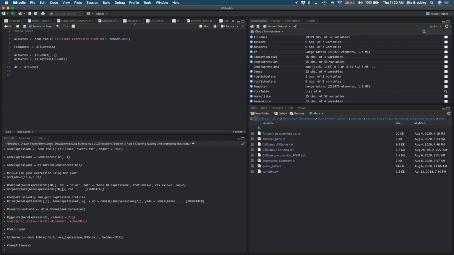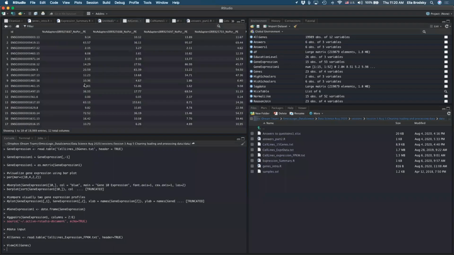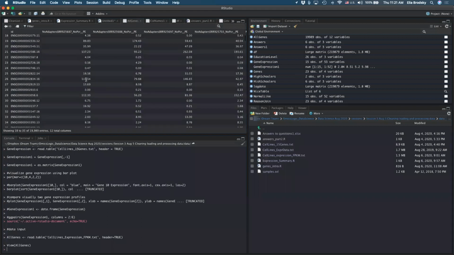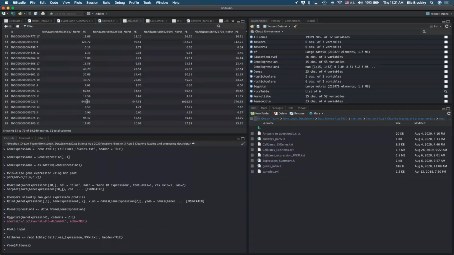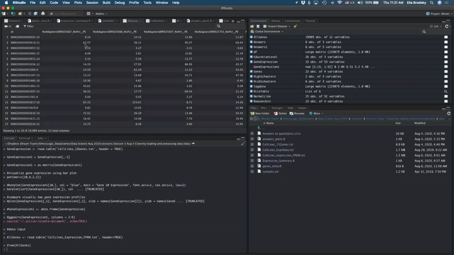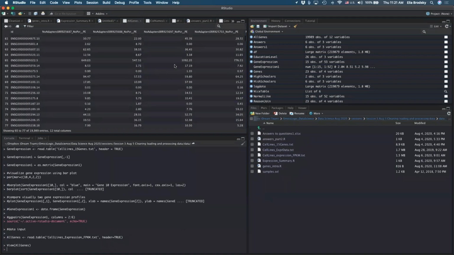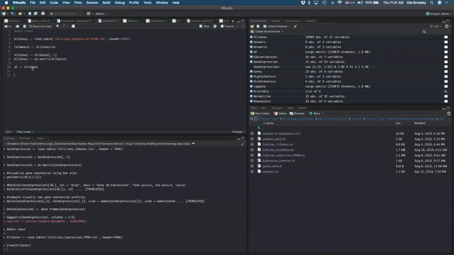So let's take a look at all of our genes, right? And we can see these numbers vary, right? You can see here 649, here you can see 8 or 2. So just by scrolling through 1092, right, you see that the distribution is very large between your small values and large values. So let's transform it to logarithmic scale.